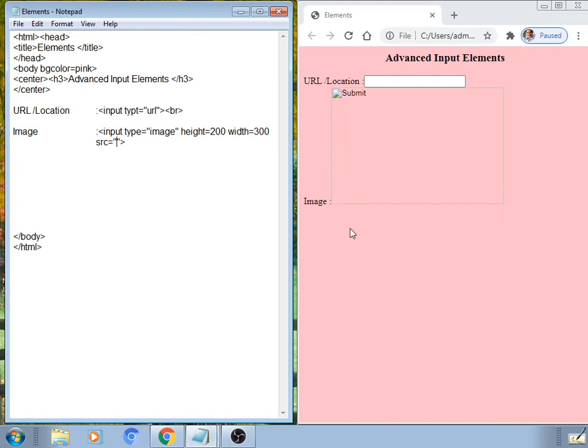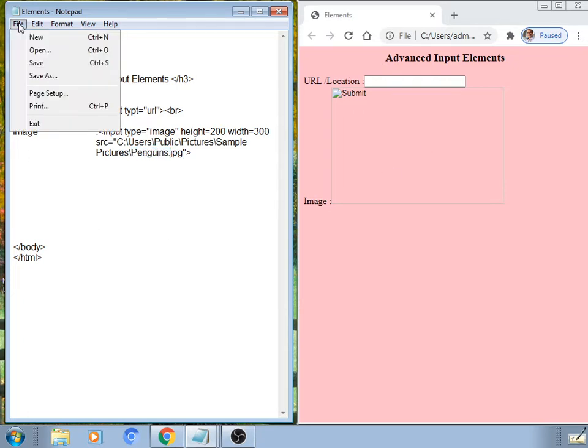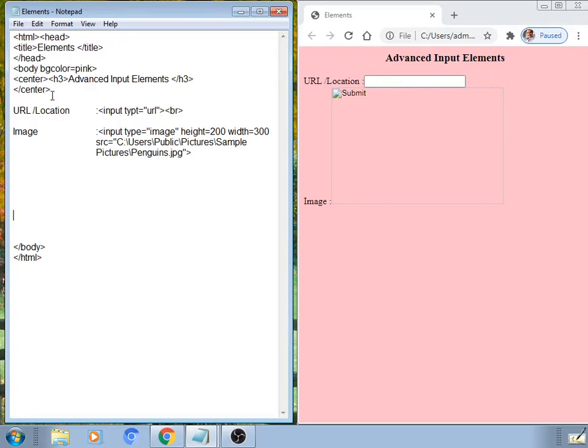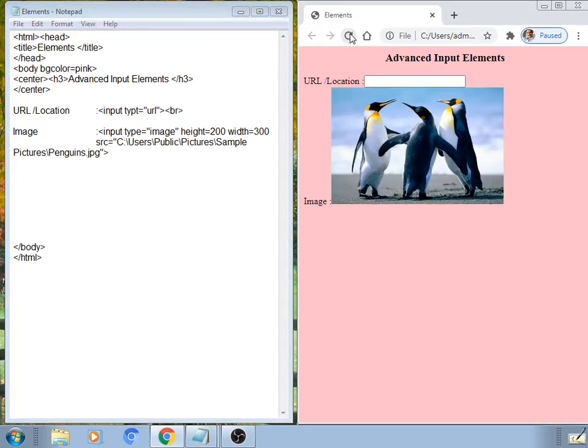That should be applicable here. I have chosen a picture of penguins. So a penguins picture will be displayed within this area. See here, we have to save this document again within the editor box, like this. An image appears.